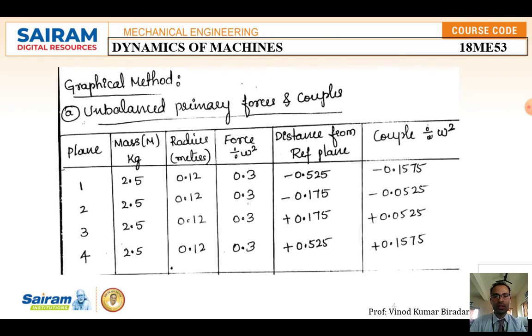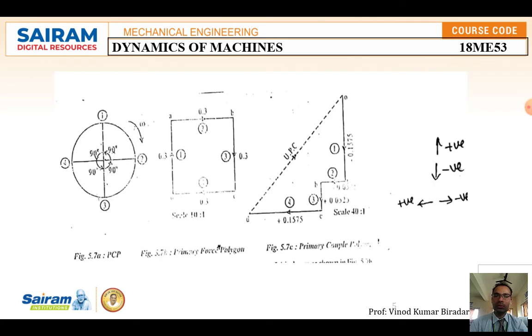Okay, once you finish the distance from the reference plane, you need to calculate the couple. The couple formula is m into r into l, that is mr into l. So force 0.3 into minus 0.525, if you multiply that, you get minus 0.1575. Like that you need to calculate the remaining plane couples. That is 0.3 into minus 0.175, you get minus 0.0525. Once you calculate the couple and force polygon, you have to calculate the